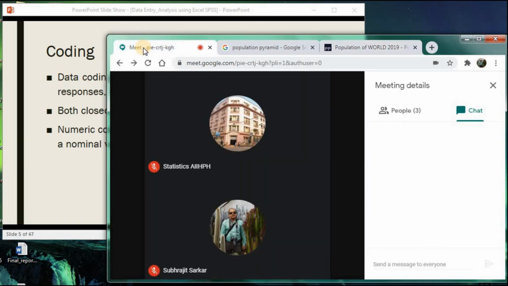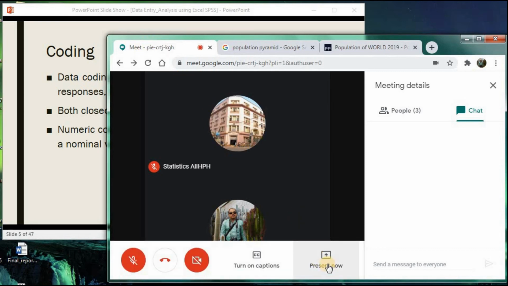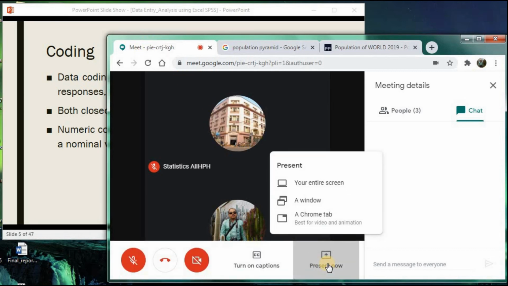In that case, just come to the Google Meet window again and try to present. Now instead of presenting a window, you can select a specific Chrome tab which is already open with you.